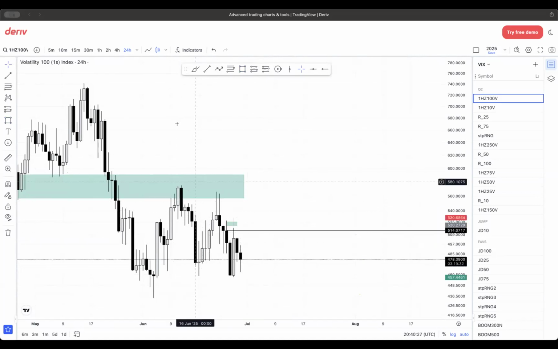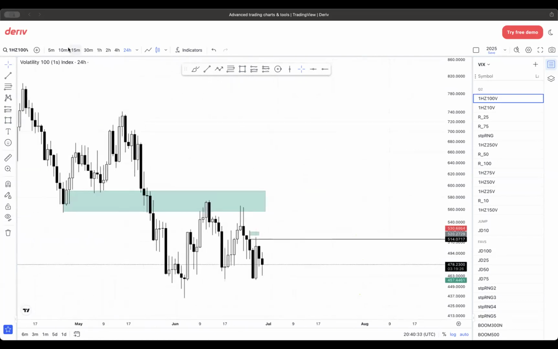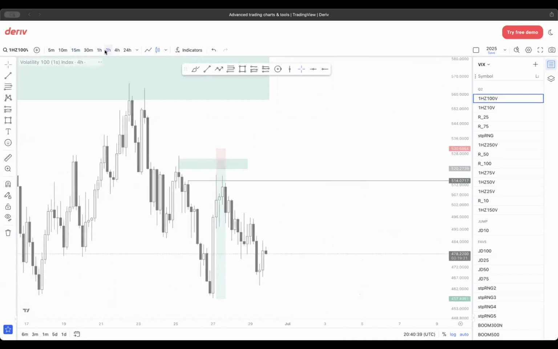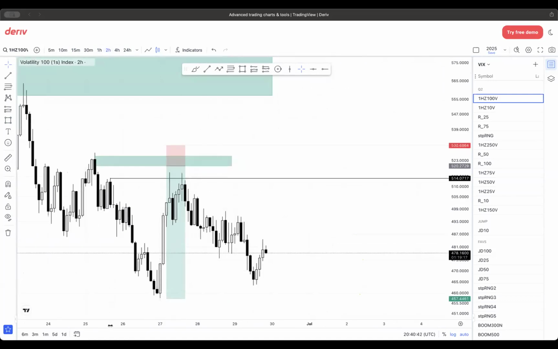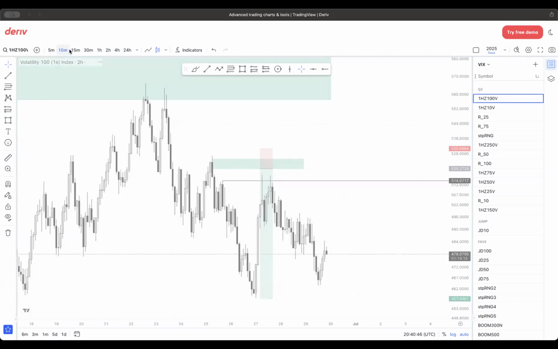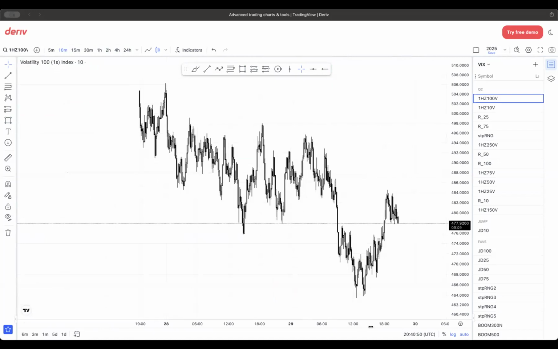So I want to keep seeing V100s selling to the downside. I don't want to look out for unnecessary buys. Therefore, I know my directional bias on V100s should be bearish. So I will now come down to my lower time frames to look out for sell structures. It's the normal QMR strategy that everyone knows,